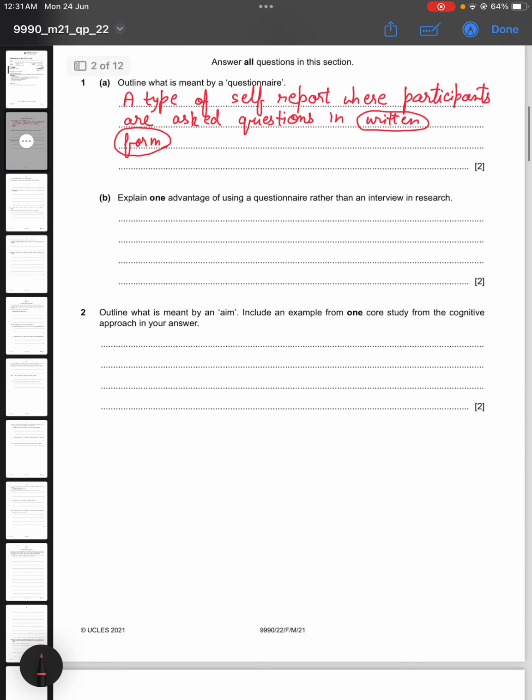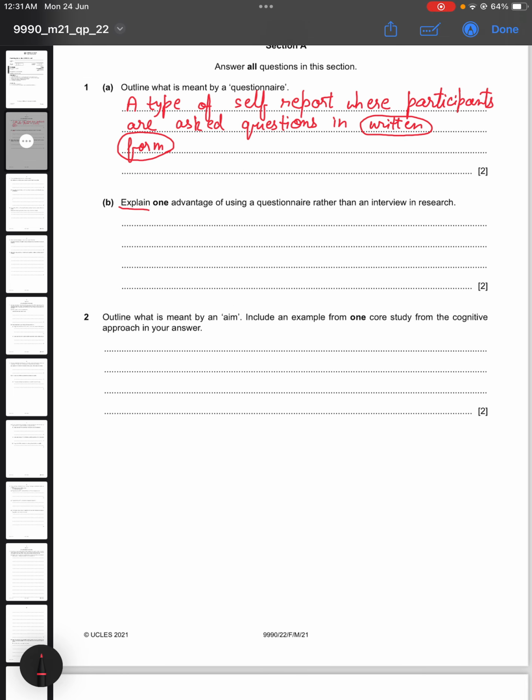Now moving on to part B, it says explain one advantage of using a questionnaire rather than an interview in research. So you need to compare interviews with questionnaires. You need to identify an advantage and then give its comparison with interview for the second mark. So you can write, let's say, that a questionnaire